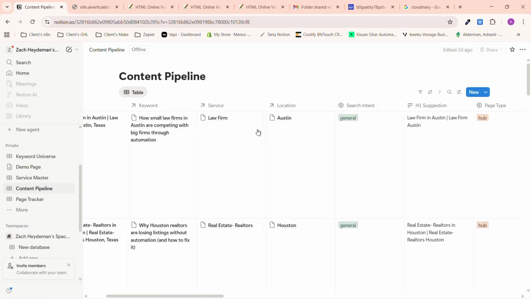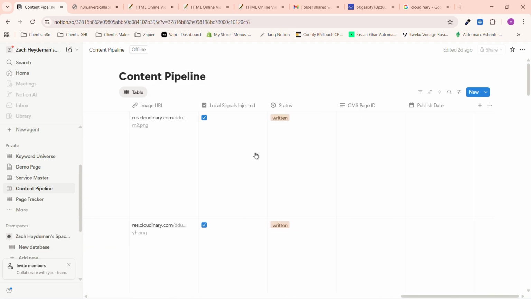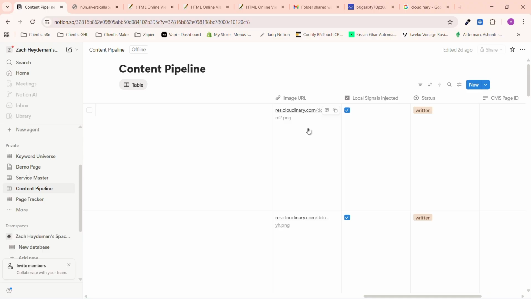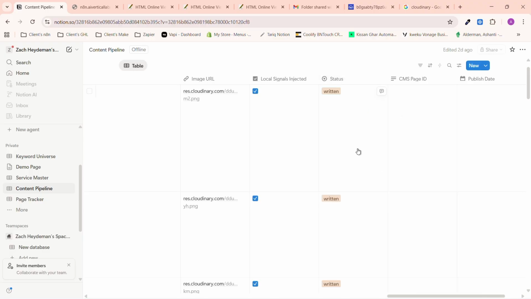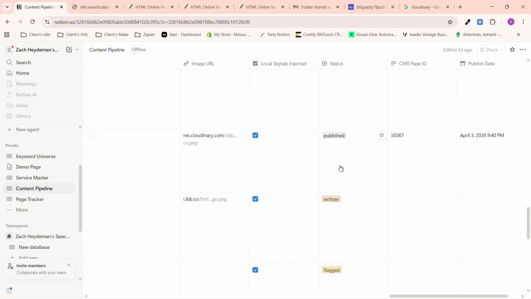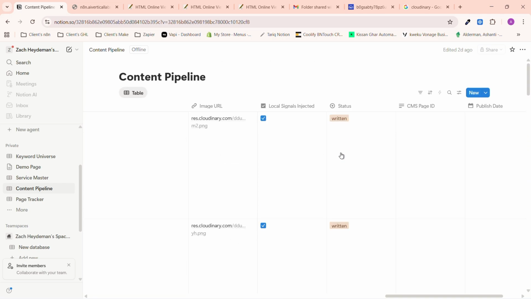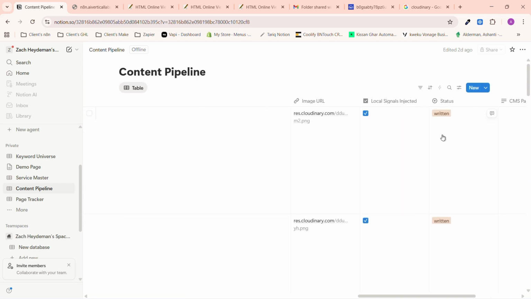The new content will be coming to the top, so you can see which is the latest content, and the image URL is only for the main hero image. For new contents, the status will be written. This will trigger the next workflow for the publishing part, and once it is published, the status will be updated to published, like this. This is one page that we have published. The new pages will come on the top with the status written, and according to this written status, the next workflow will be triggered,